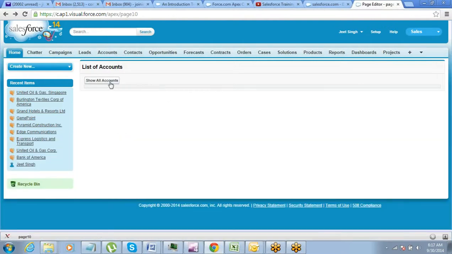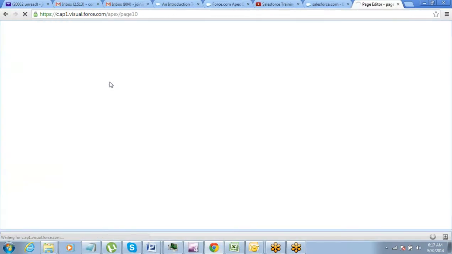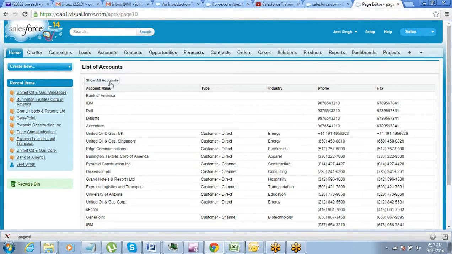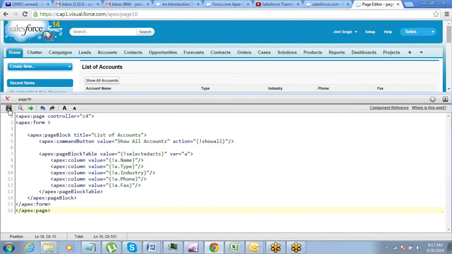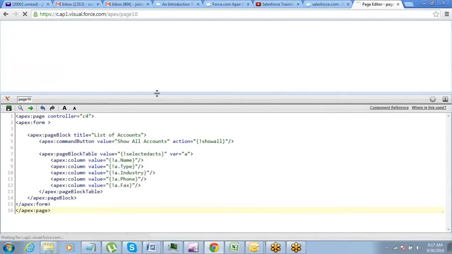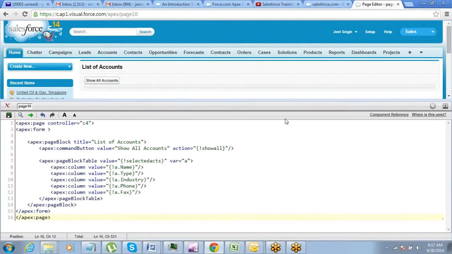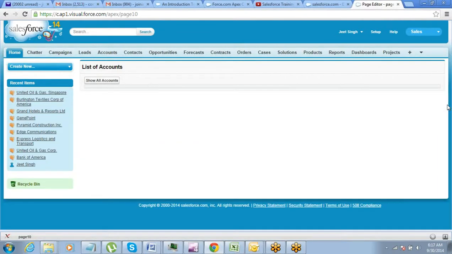Do you see this button here? Now on click of this button, it will show you all the accounts. So what is happening on the click of this button? Initially when the page is loaded, the S object selected accounts is blank, it does not have any value. That is why it shows as blank.